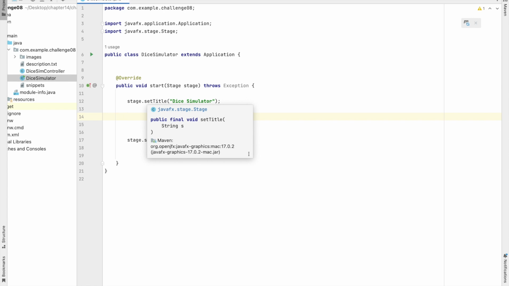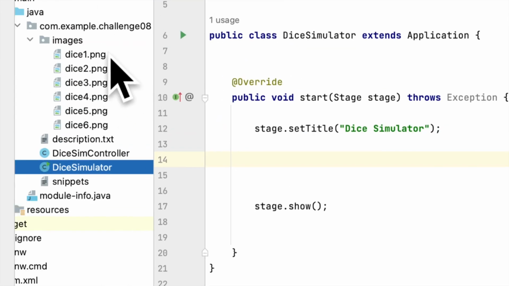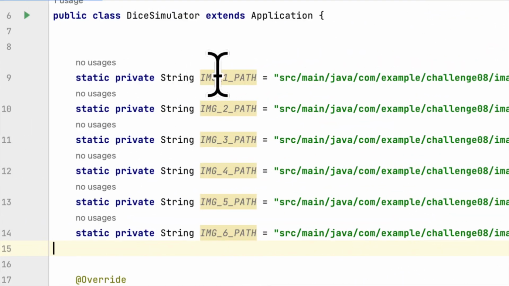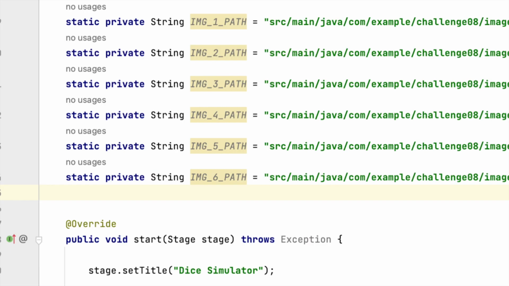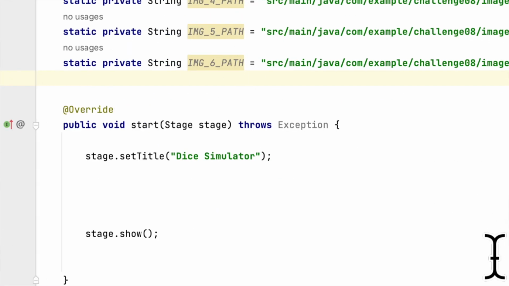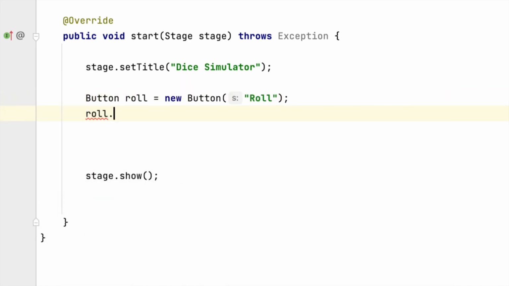I already created all the images that are required from 1 through 6. So all the images that will contain the faces of the dice are stored here. So it's like image 1 path through image 6 path. After that, we have to create a button to roll the dice. Roll,